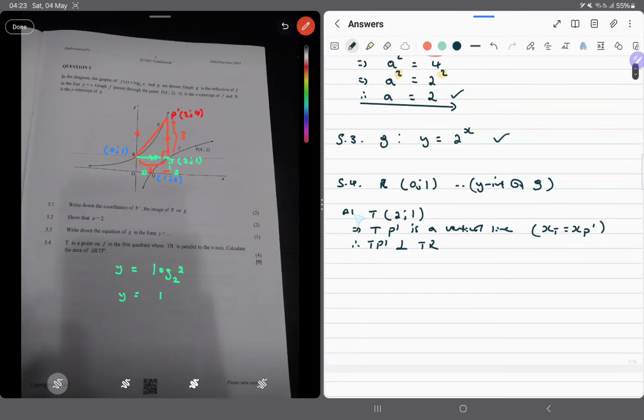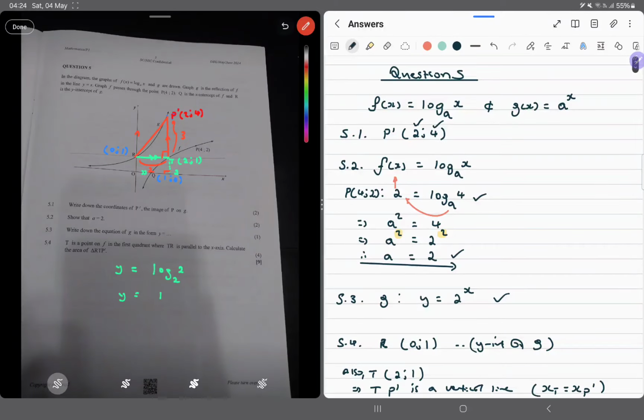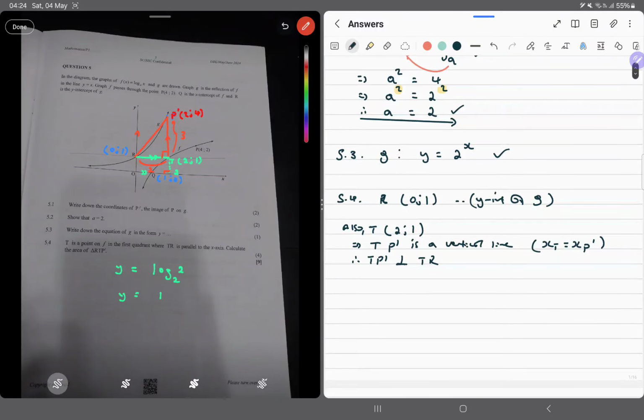So we can say here also, we know that T is that point, right? So this one is by inspection. Okay, so we don't need to do too much here. And if we discover that the coordinates are the same like this, because we know point P prime was the first one, so if the x-coordinate is 2 and the x-coordinate of T is 2, it means that is the story. So what can we say? We can say then